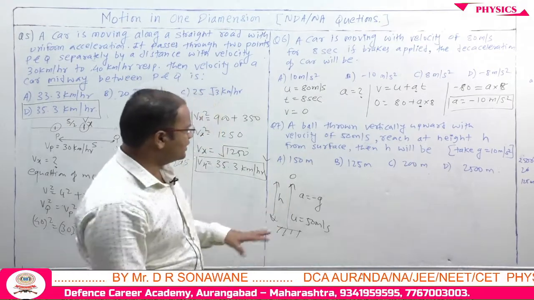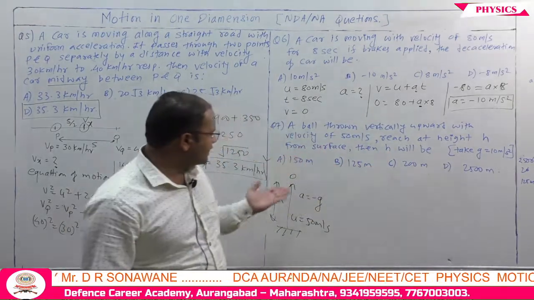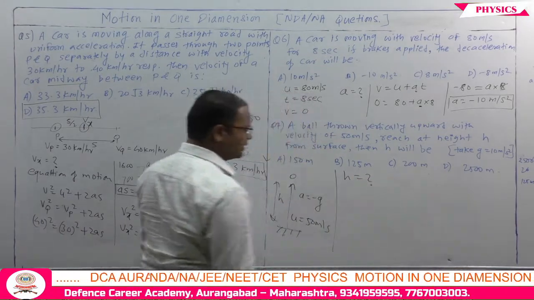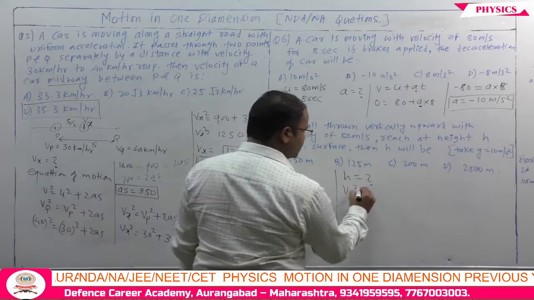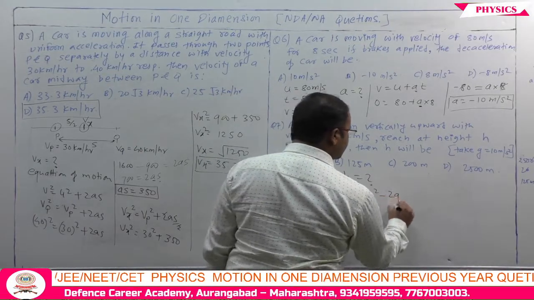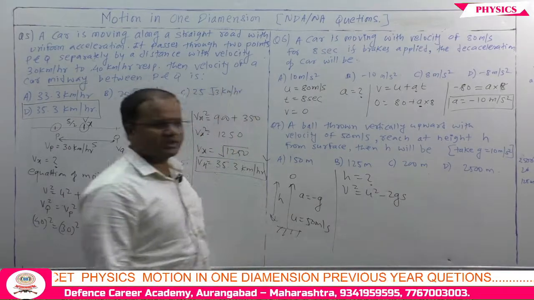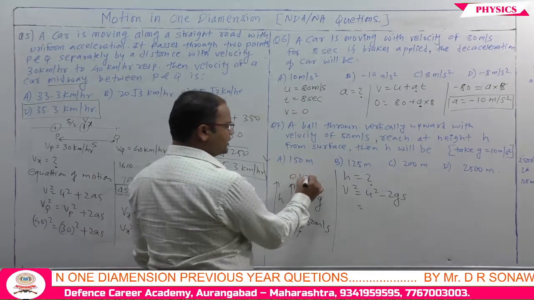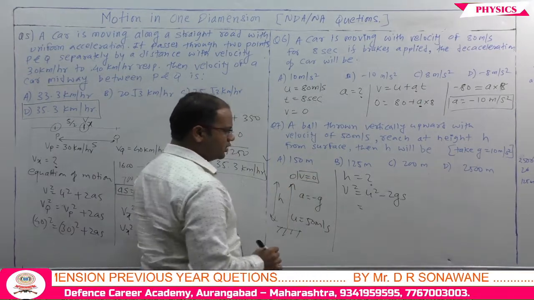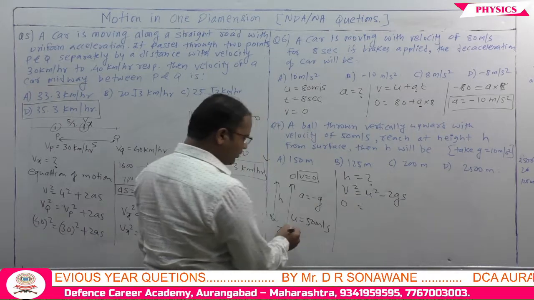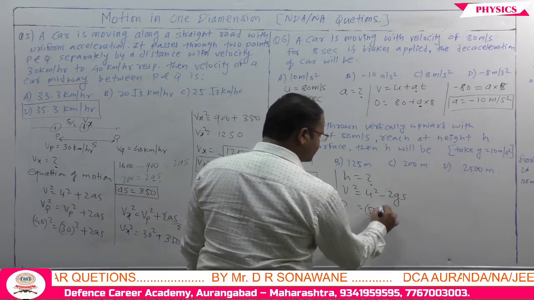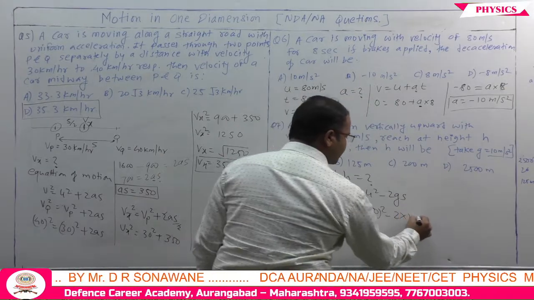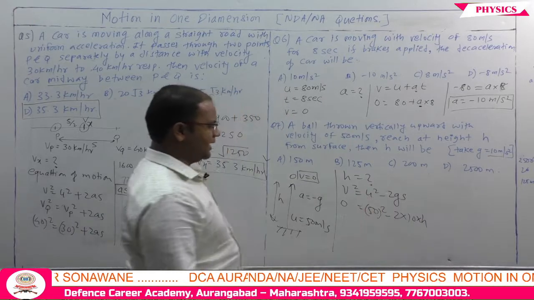Okay. So here they have said to calculate the value of h. For finding the value of h, we will take the equation of motion, that is v square equal to u square minus 2gs. Instead of a, we can take minus of g. So when the ball reaches this top point, the velocity of the ball will be 0. The final velocity will be 0. So v is 0 here. u is given how much? 50. So 50 square minus 2 into g, they have said to take 10. So 10 into h. Instead of s, we can take height, that is h.